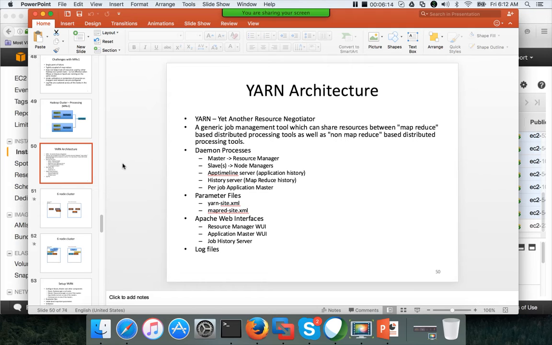YARN can monitor those individual jobs. It cannot monitor the Hive query, but it can monitor the individual jobs submitted by the Hive queries. And on top of that, we can also configure Impala, Tez from Hortonworks, and more importantly Spark, also within YARN.